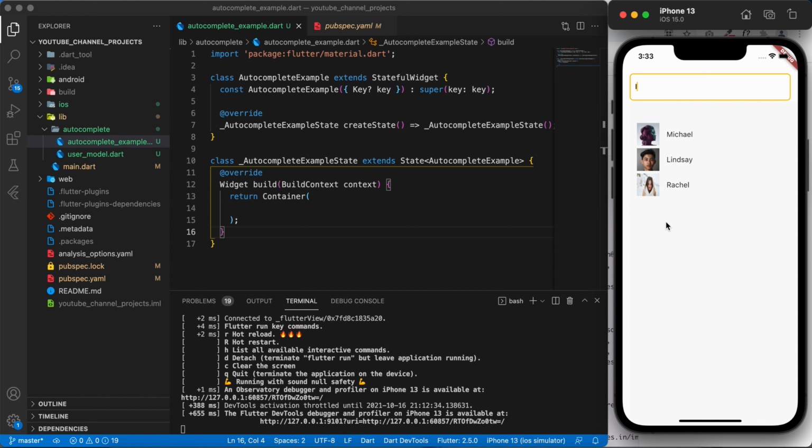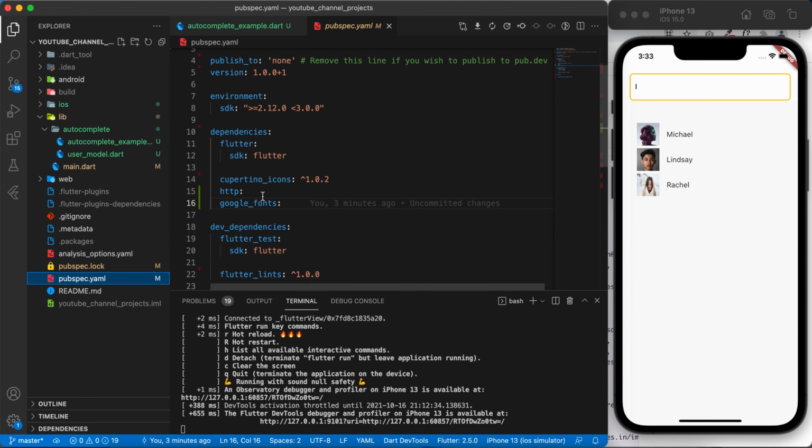So we are going to develop this small application, you can say. We will fetch this data from the internet and we will do the filter from that list that we are getting from the internet. For this I have created a simple, basic Flutter project with the basic create command.